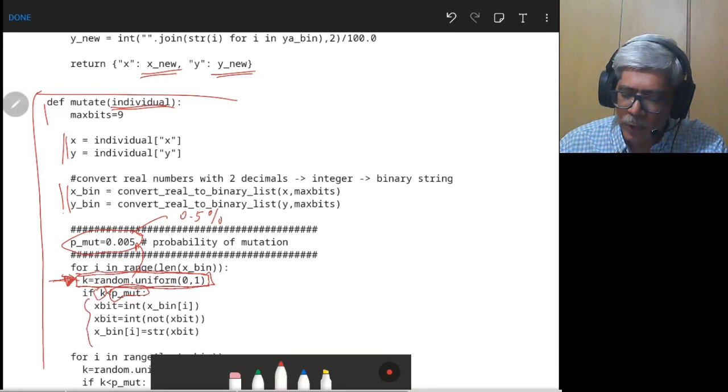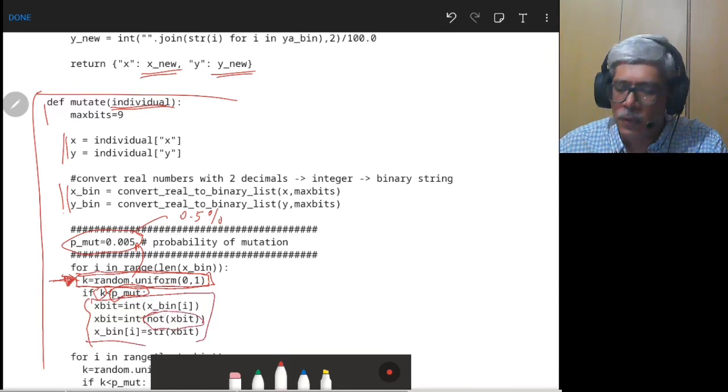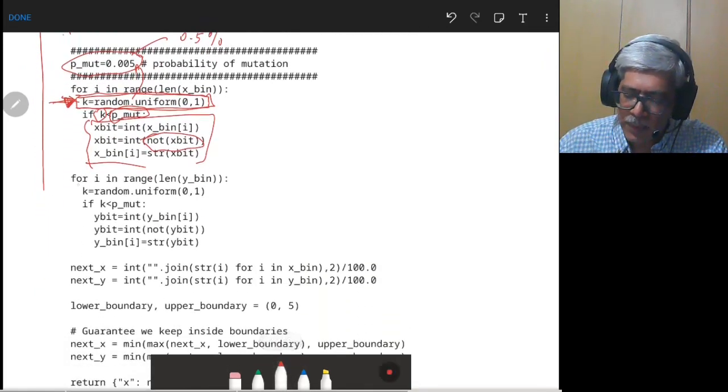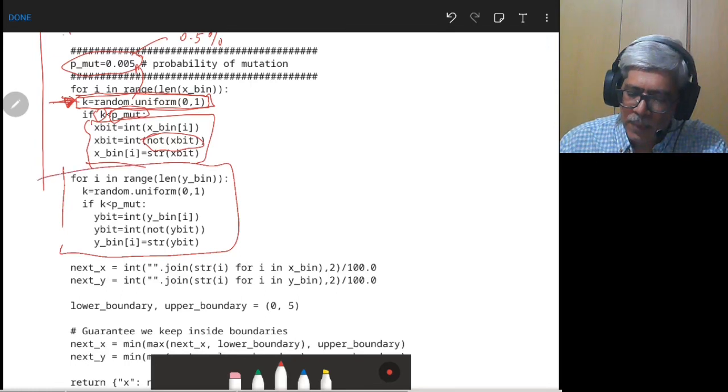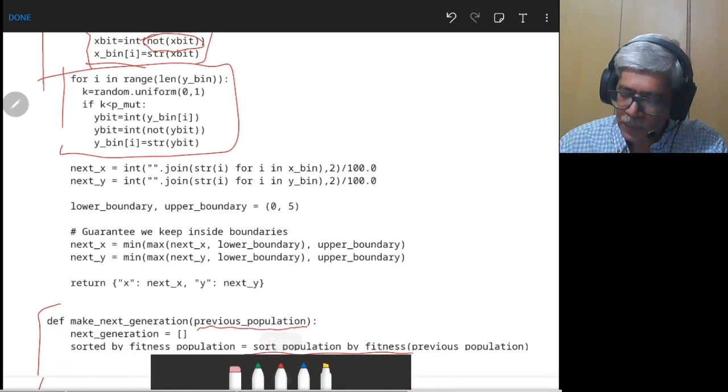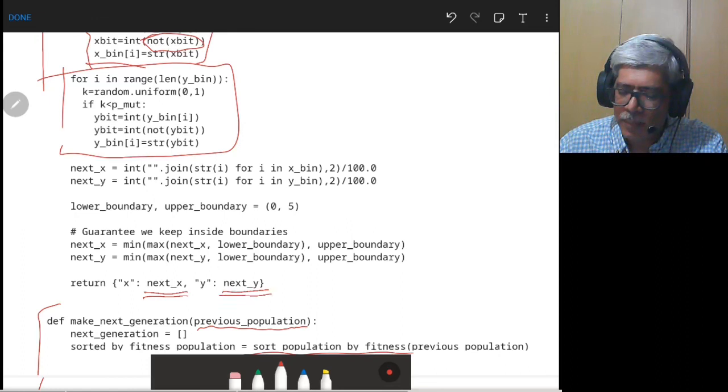In the mutation, the bits are reversed. So that is the procedure given here. By doing the NOT operation, you are converting 0 to 1 and 1 to 0. Same process you repeat for the y variable, and then you return the mutated versions of the offsprings, if the mutation has happened.